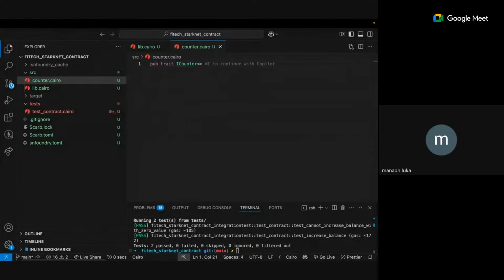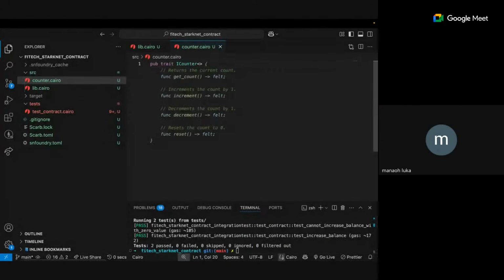ICounter. The next thing we are going to input here is called a generic. A generic in this space stands for a placeholder or an argument. In this case, we are going to be making changes to the contract state. So the trait we are defining now does not have